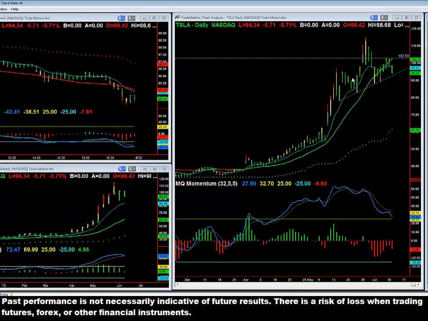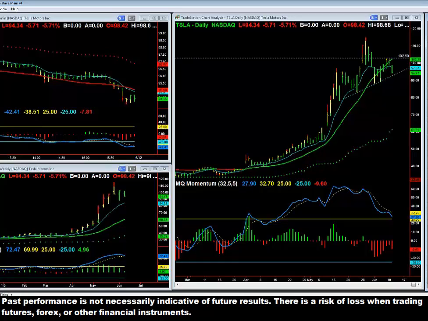Tesla is very similar to Google, but then it's come back down. Just as a little tip, see this head and shoulders pattern? Left shoulder, head, right shoulder. It hit this resistance level and fallen back. I'm waiting for it to break this neckline. It's kind of a crazy diagonal head and shoulders pattern, but I think if it breaks through here, it could run down a little bit. MQ momentum, see that? It's telling me what it's doing. You don't get this on a normal price chart. If you don't have MQ momentum or value bars, you don't see this. So anyway,